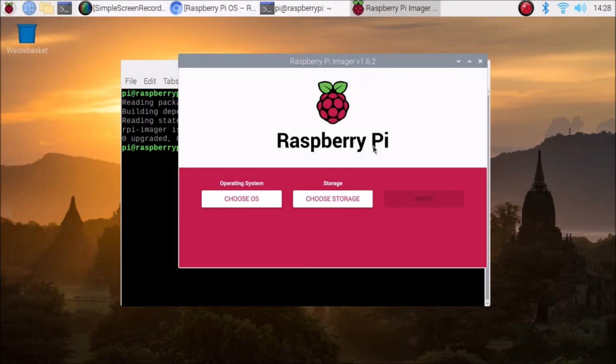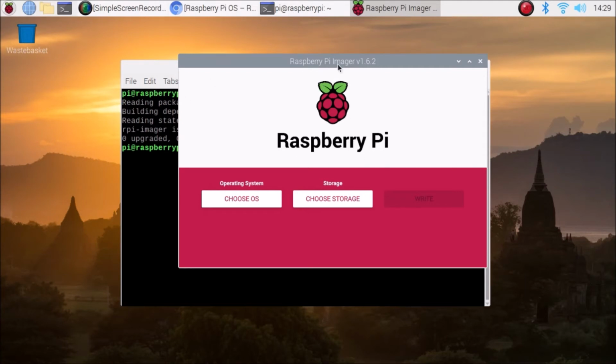As I told you, we will configure the Wi-Fi setup from the Raspberry Pi Imager. It means when you flash the image, at that time we can configure the Wi-Fi setup. So when we boot the first time, we don't need to set up the Wi-Fi configuration. It will be set up automatically because we already set it up when we flashed the image.